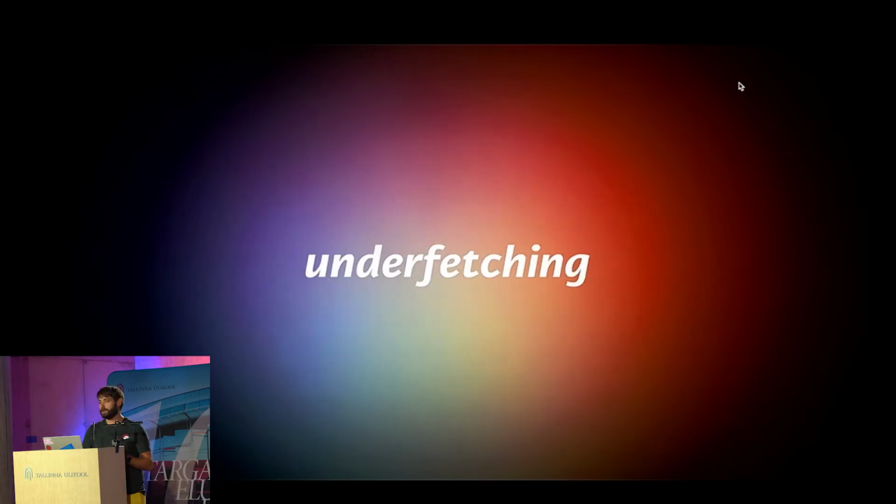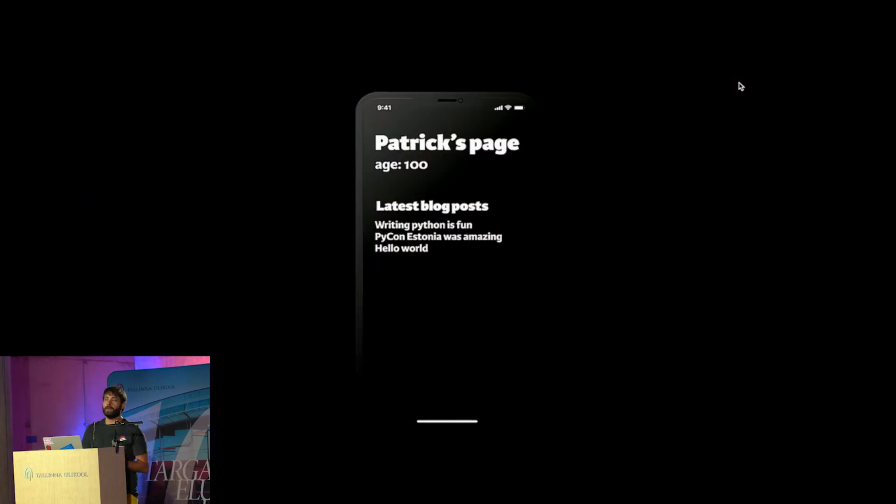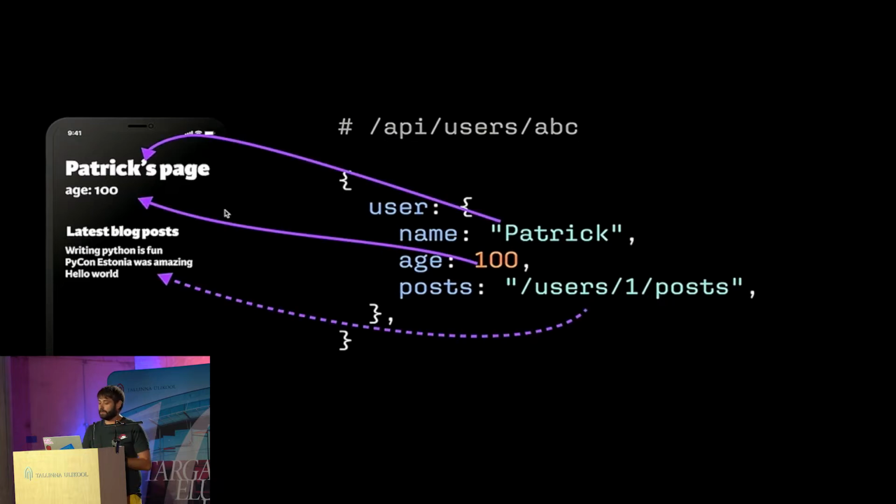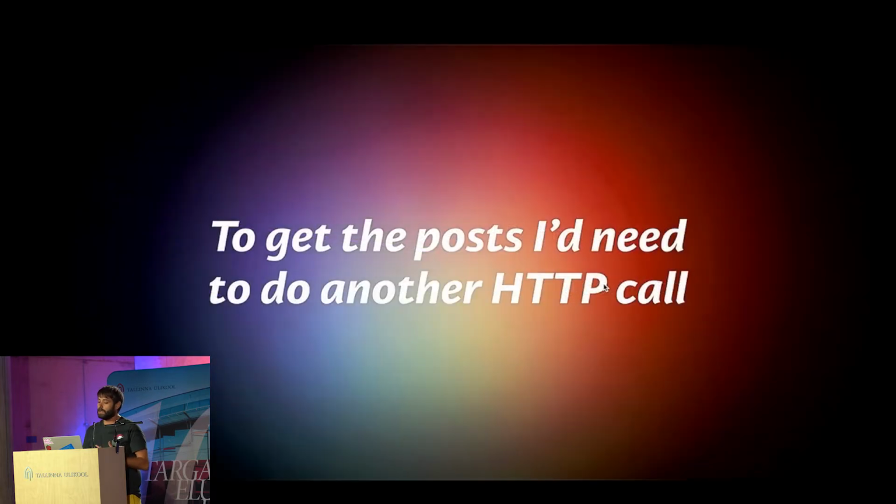The main two issues that they found are underfetching and overfetching. Underfetching is basically when you have an API that doesn't return enough data. So for example, here we have this page that shows a user name, their age, and then a list of blog posts. And you can have an API that looks like this, which is quite a nice API using all the best practices of REST, and it's using, for example, links to give you more information for additional data. So you can see that you can get the data for some of these things, but then if you want to fetch the posts, you need to do another call, which is not ideal because it adds latency to